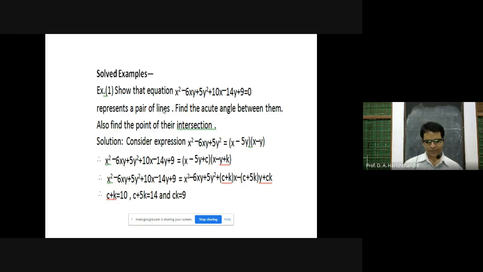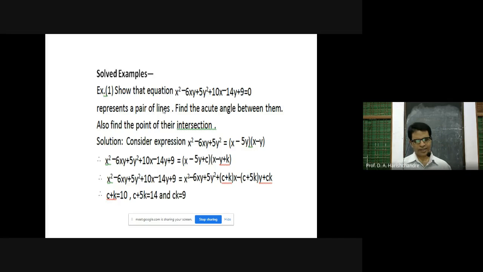Okay, and in the second binomial, x minus y, add another constant plus k, so that you are getting the two lines which are included in the general second degree equation. But here I need the values of constants c and k, and then we are getting the precise equations of the lines. So we have to determine those constants first. So how to determine them? By solving this equation. Okay, let us continue next.